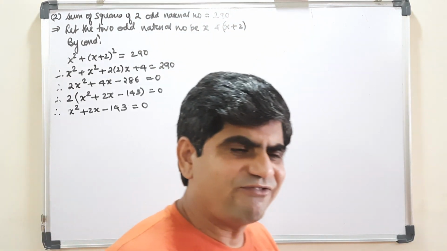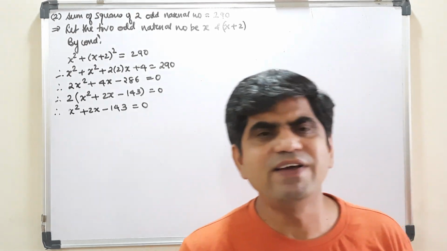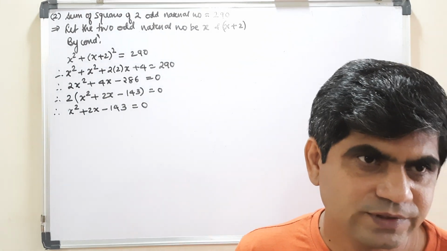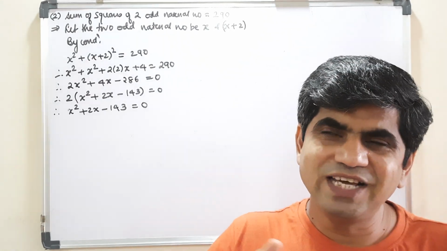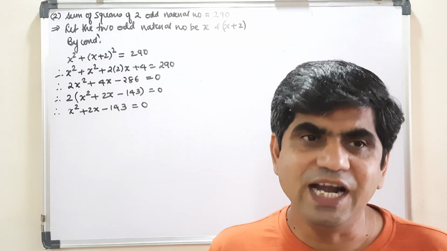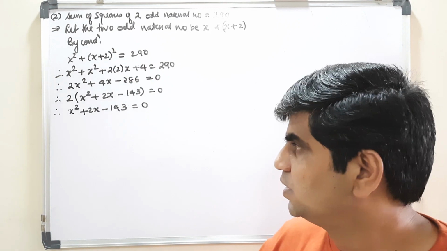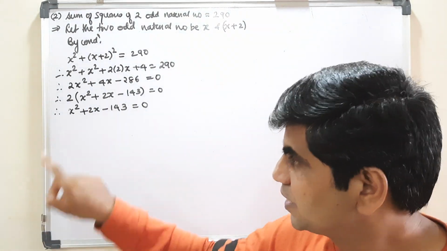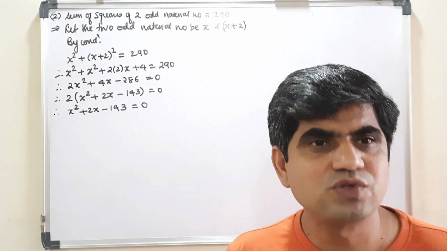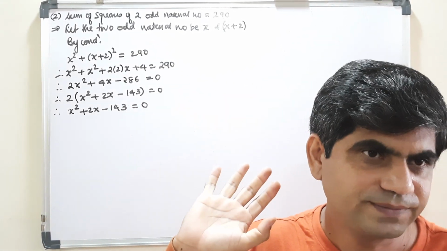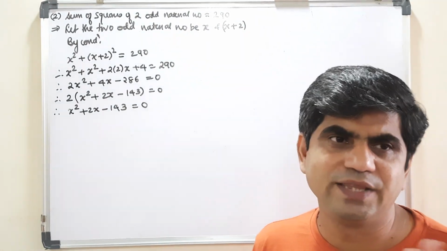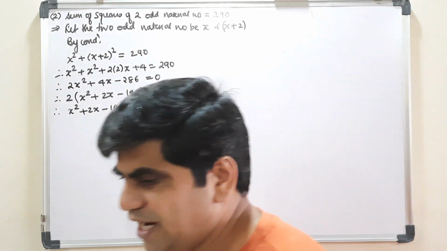Now 143, if I factorize, I think 13 and 11 are the only two factors. 13 into 11 is 143, right? If the result is addition, then it is okay, and if the result is subtraction, it must be 2. So it is 2 and subtraction here. The last number has a minus sign, so the factors you separate will compulsorily have subtraction between them. So the factors are 13 and 11.